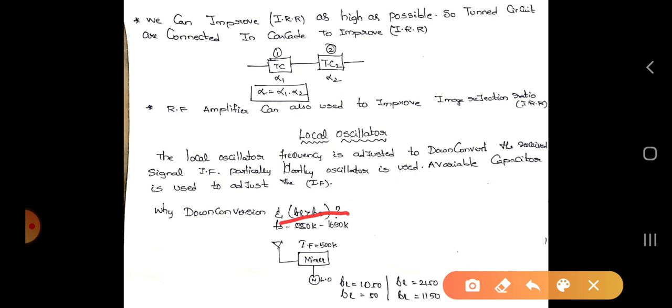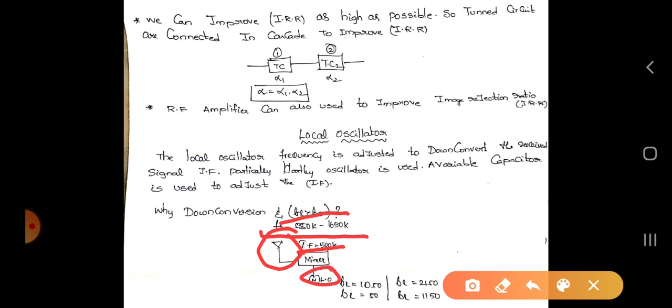The superheterodyne receiver which you are using now is for AM radio, and we know that AM radio has the frequency range, that is tuning range, from 550 kHz to 1650 kHz. Now I will explain it briefly. This is a receiving antenna, and it has a mixer with an intermediate frequency of 500 kilohertz, and LO is